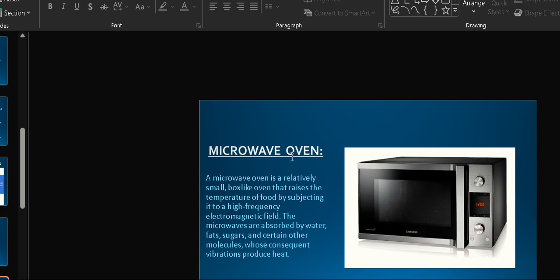So here we have the microwave oven. This is the particular project aim on which we're gonna work, that is the microwave oven. Firstly we're gonna know what an oven is and what it does, what it is for. A microwave oven is a relatively small box-like oven that raises the temperature of food by subjecting it to high frequency electromagnetic radiation. The microwaves are absorbed by water, fats, sugars, and certain other molecules whose consequent vibrations produce